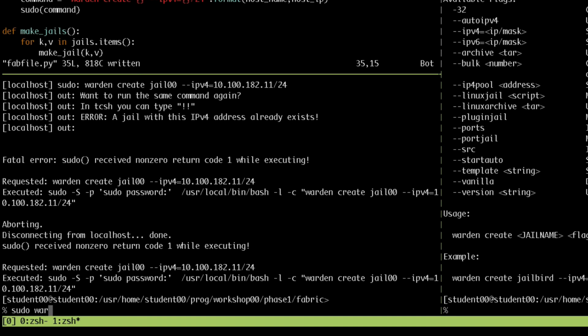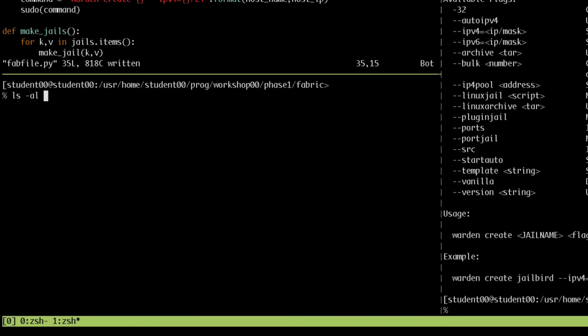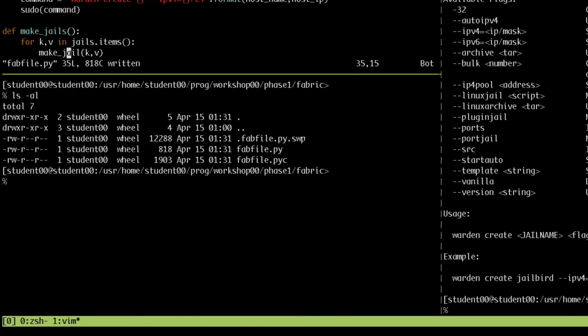So anyway, let's do a list of our jails. And we see that we got through as far as where we encountered the error. We specified 10, and we only got to 8. So what we can do to make this right is